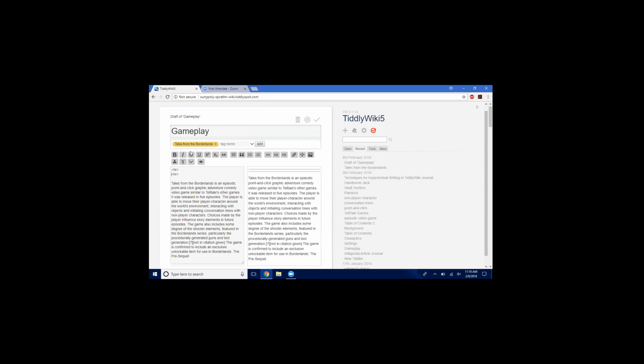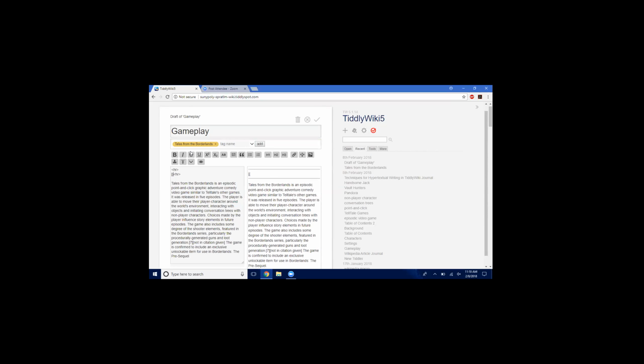So Ben says you can just insert. What's the word that I want him to use instead of insert? Ingest. No, ingest is when we bring stuff in from outside, but transclude is when we move something from one place to another. So you can transclude the title of the tiddler by enclosing it in double curly braces and prefacing it with 2 exclamation points.